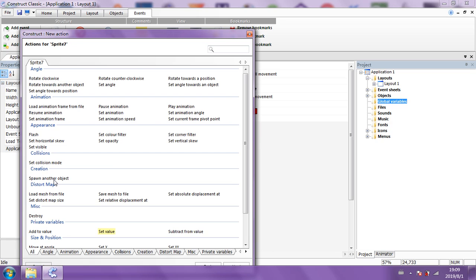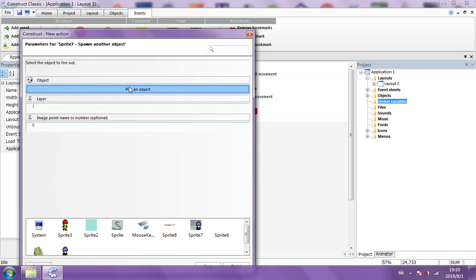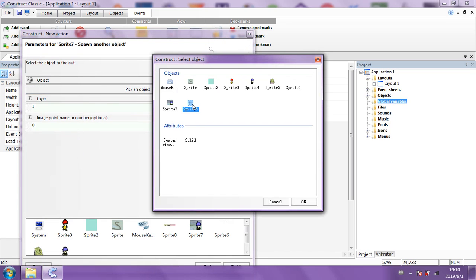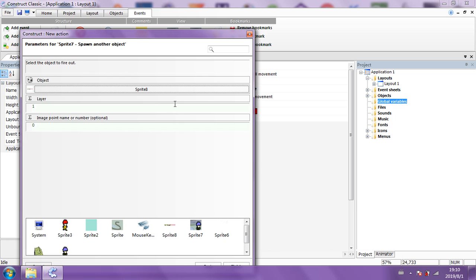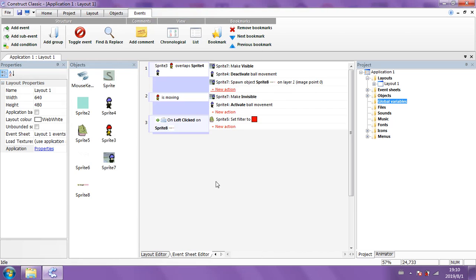Try it again. Spawn. Into view on. Let's put it on that. I think it's the same as I just did anyway, but we're trying to work this out. This is crazy. Sorry, guys.